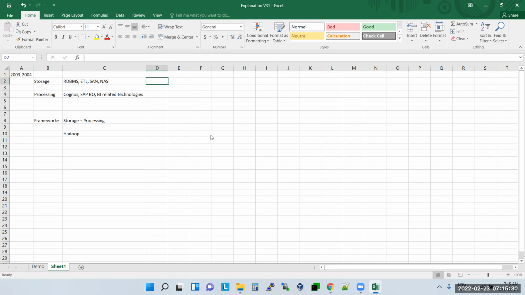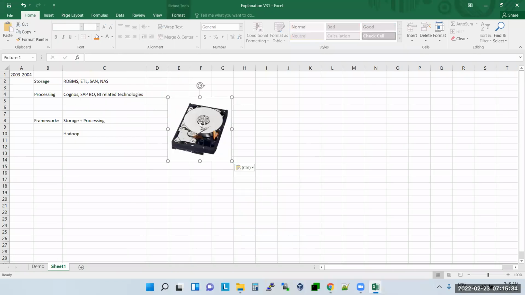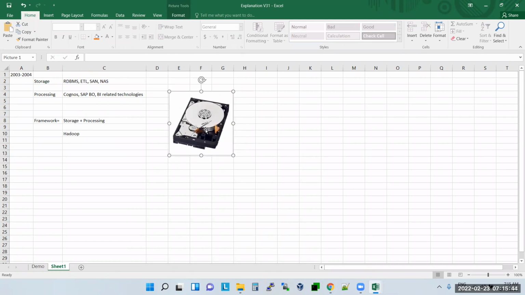Where do you store the data, guys? Where do you store your data? In hard disk. Yes. We have 60 plus people, so nobody is talking. Am I speaking a different language? I'm speaking English only. No, sir. Then what's the problem? Nobody is speaking. Let it be an interactive session, okay? Yeah, sure, sir.